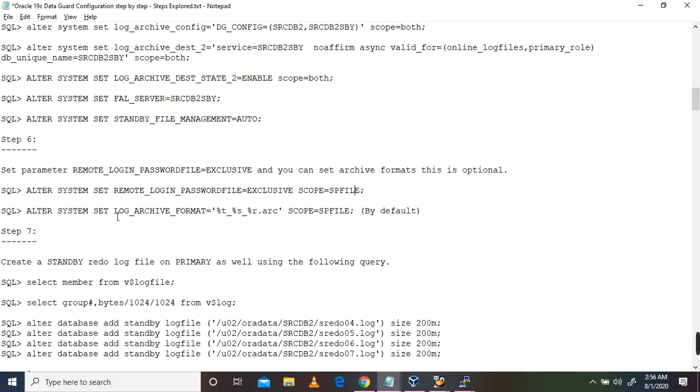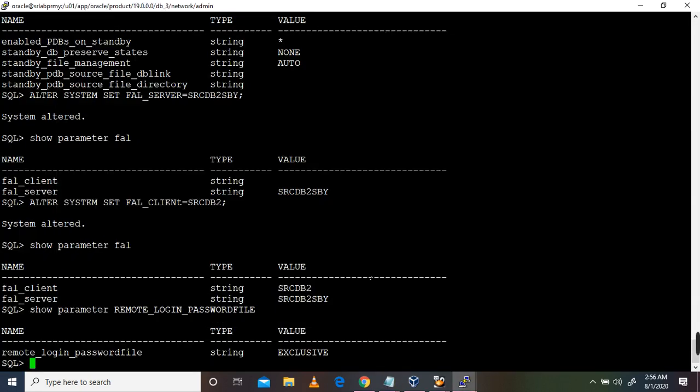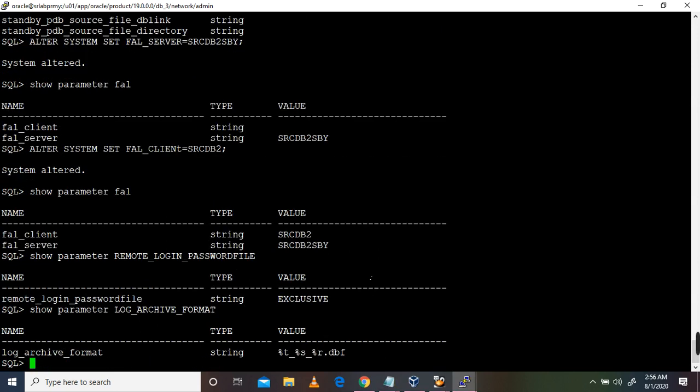So log archive format, by default it will be saved in a format, but we can check. All the configuration is being done on the primary side, primary database. So it is showing %t_%s_%r.dbf.